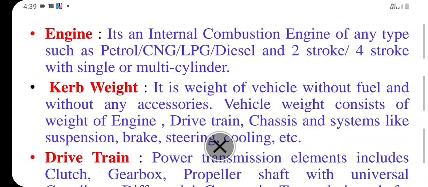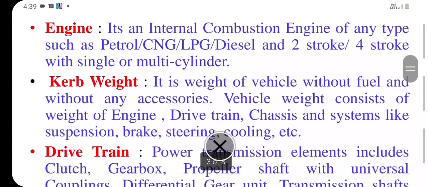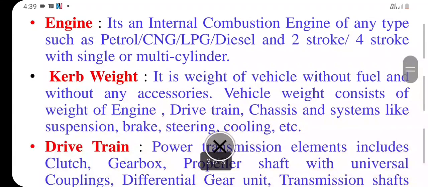It is an internal combustion engine of any type, such as petrol, CNG, LPG, diesel, two-stroke, four-stroke, with single or multi-cylinders. The engine may be classified according to the fuel used, petrol engine, diesel engine, CNG, LPG, according to